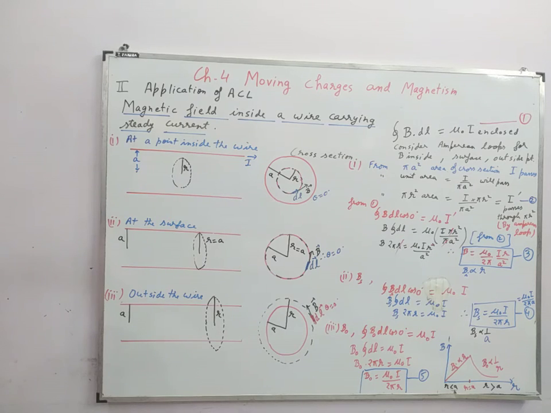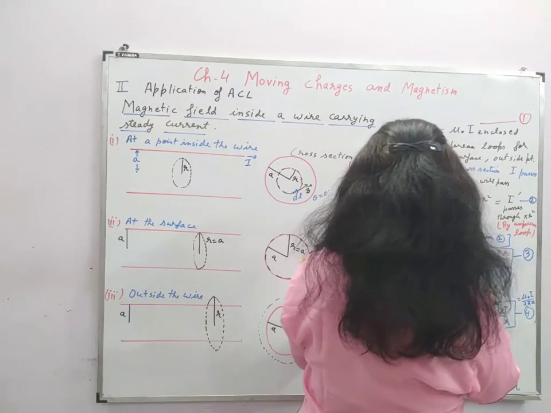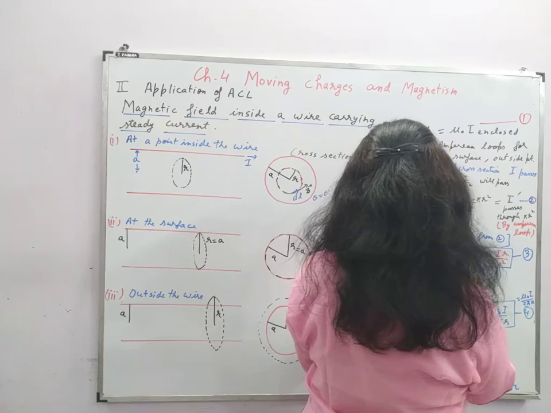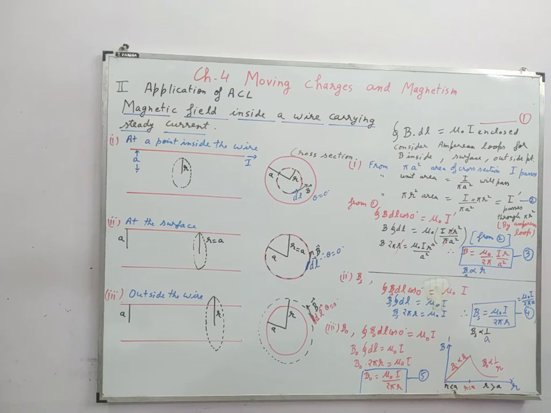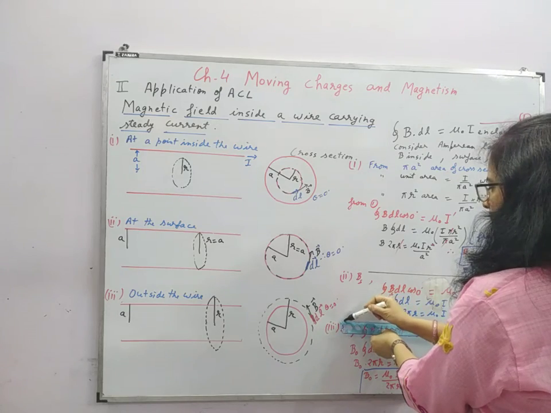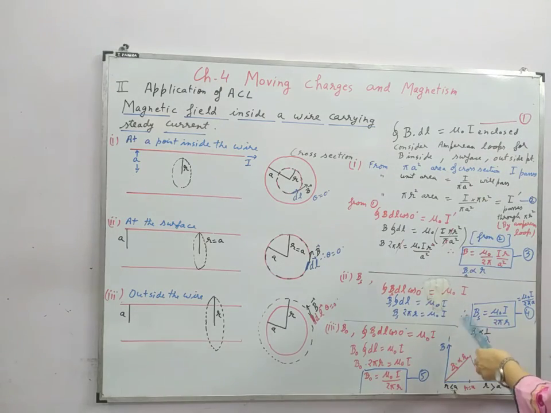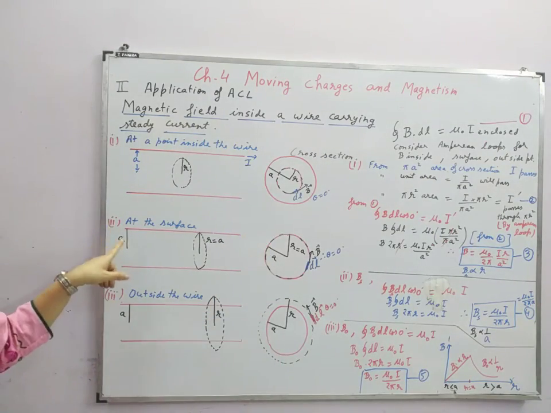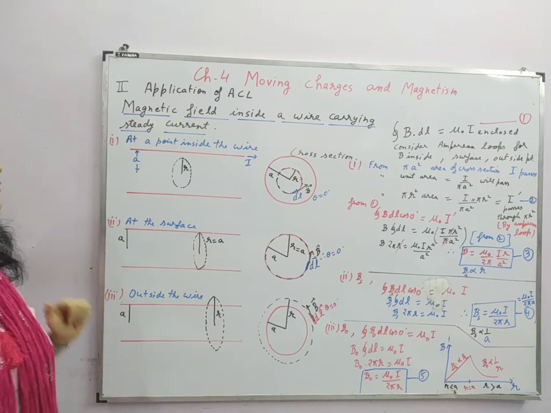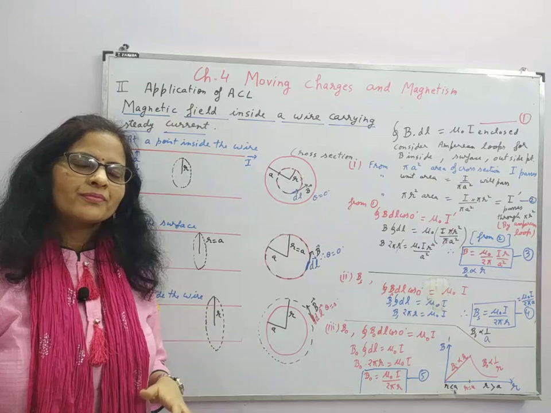I hope you have understood these concepts. So I hope there is no problem in differentiating the different parts of the board, because I tried to cover it on the same slide. This was the inside part, which is more technical. Outside part and surface part are very, very similar. So I hope there is no problem in understanding. The cross section is also clear and the wire's normal view is also clear. So that's all for now about the second application of ACL. Thank you and have a nice day.